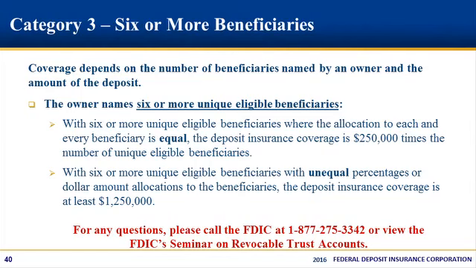An owner who has identified 6 or more beneficiaries with unequal interest is insured for up to at least $1,250,000. If you have questions regarding a revocable trust account, naming 6 or more beneficiaries with unequal interests, please contact